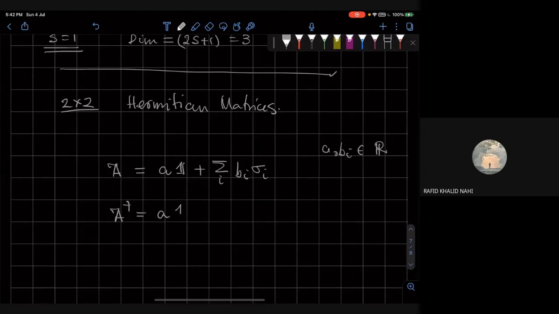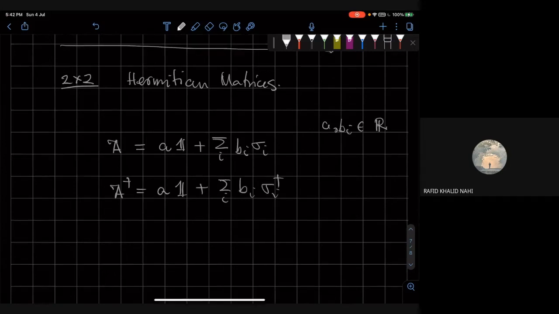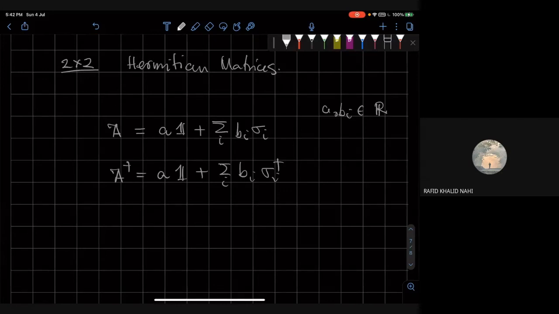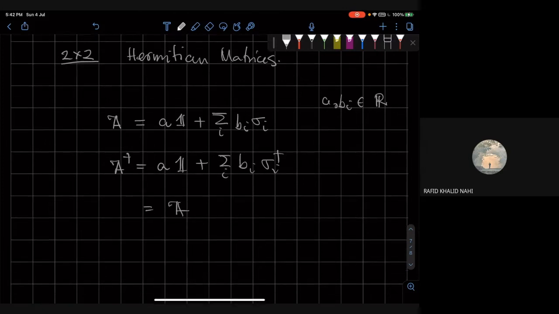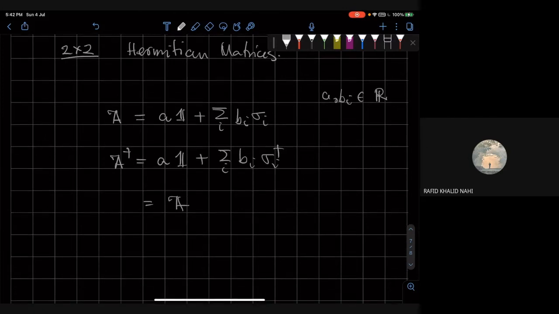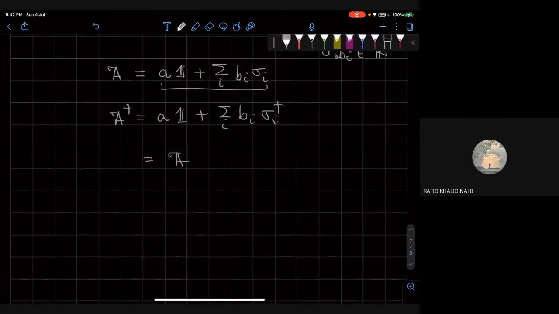So 1 is of course obviously a Hermitian matrix, but the Pauli matrices are also Hermitian, and therefore these are Hermitian matrices. I'll leave it to you to prove that Hermitian matrices can be written in this form. So the dimension of the space. Before I go there, now Hermitian matrices form a vector space